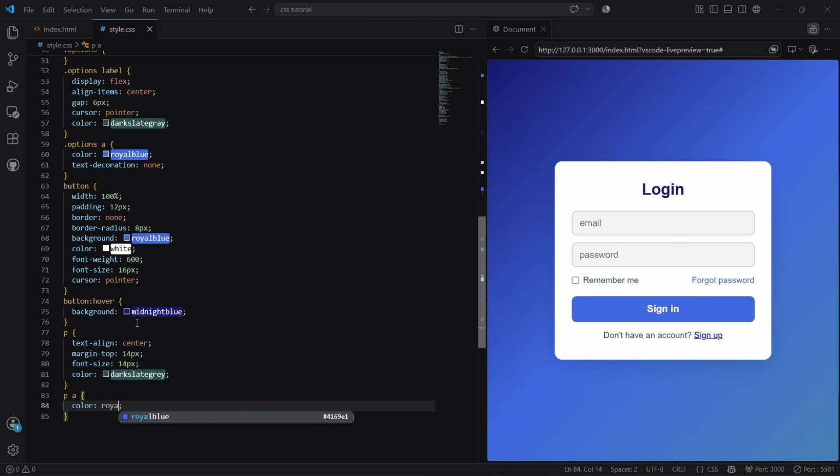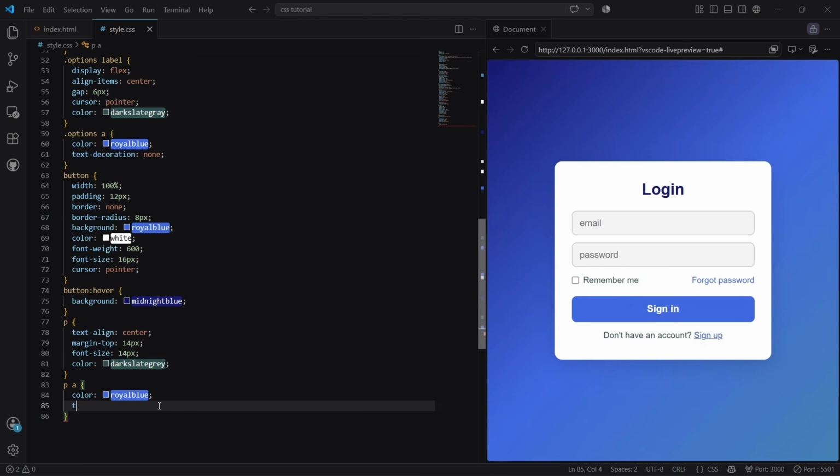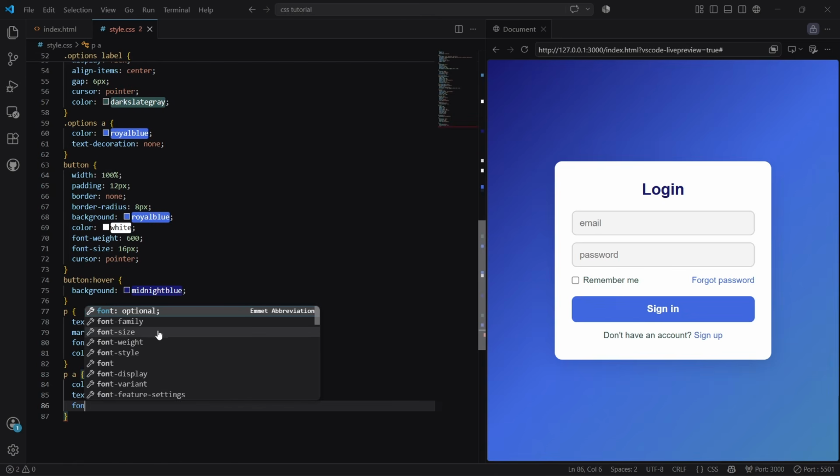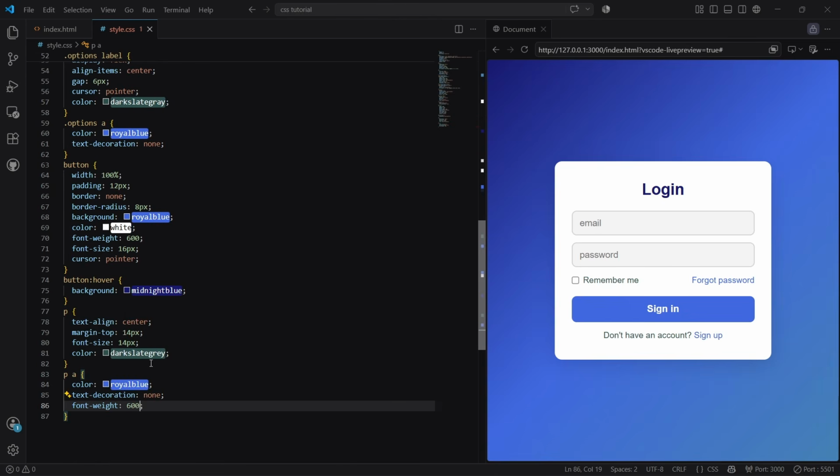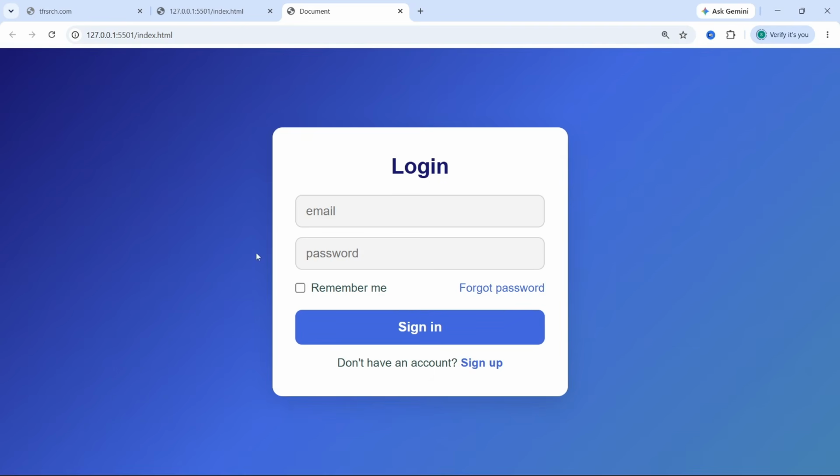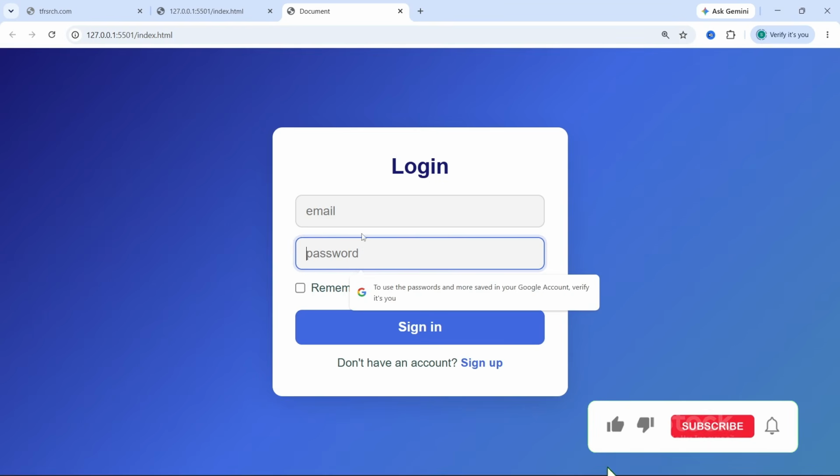Now target the anchor element inside the paragraph. Set the color property. Type royal blue. Set the text decoration property. Type none. Finally, set the font weight property. Type 600. That's it. You've successfully built a clean and responsive login form using HTML and